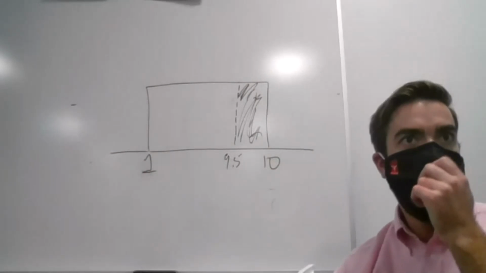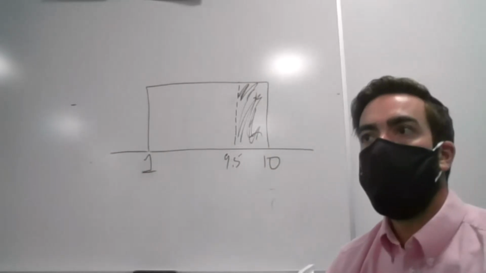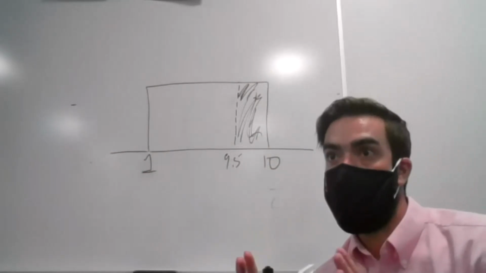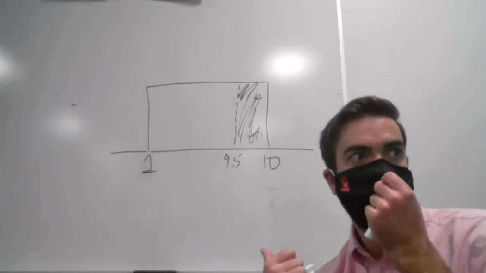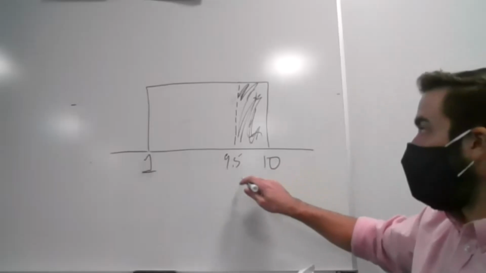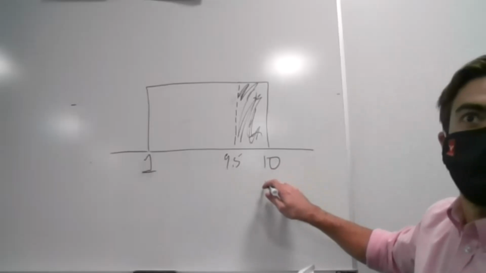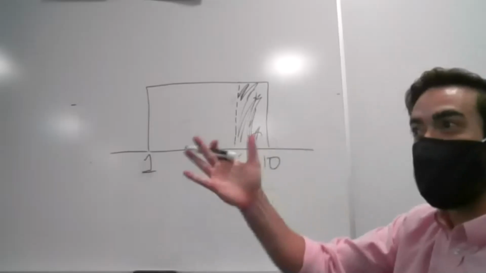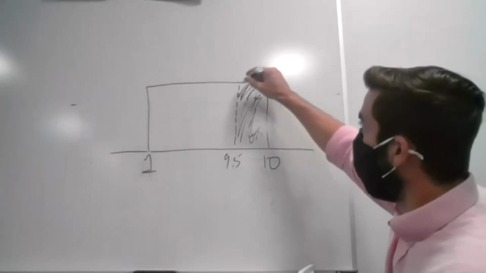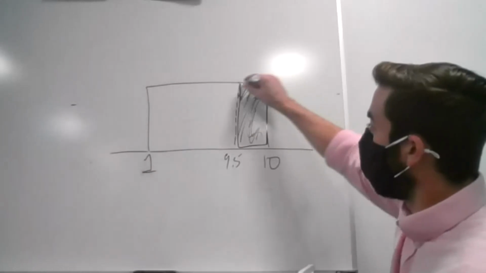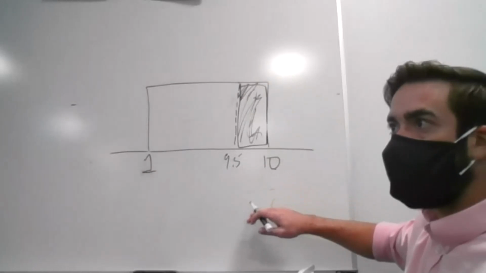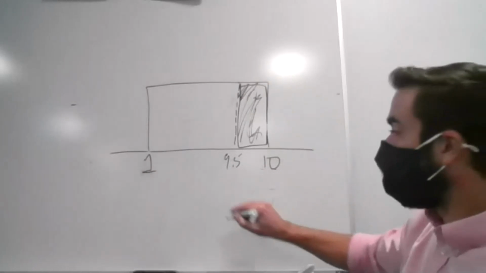Okay? So this one's a little bit tricky because it's not like I told you what's the probability that demand is in between 7 and 8. I said, what's the probability it's greater than 9.5? But if I know the maximum of this distribution, where would my interval end here? At 10, right? It has to stop at the maximum. It can't be higher than that maximum. So I'm really just looking for the area of this rectangle. What's the base of this rectangle? Goes from 9.5 to 10, so